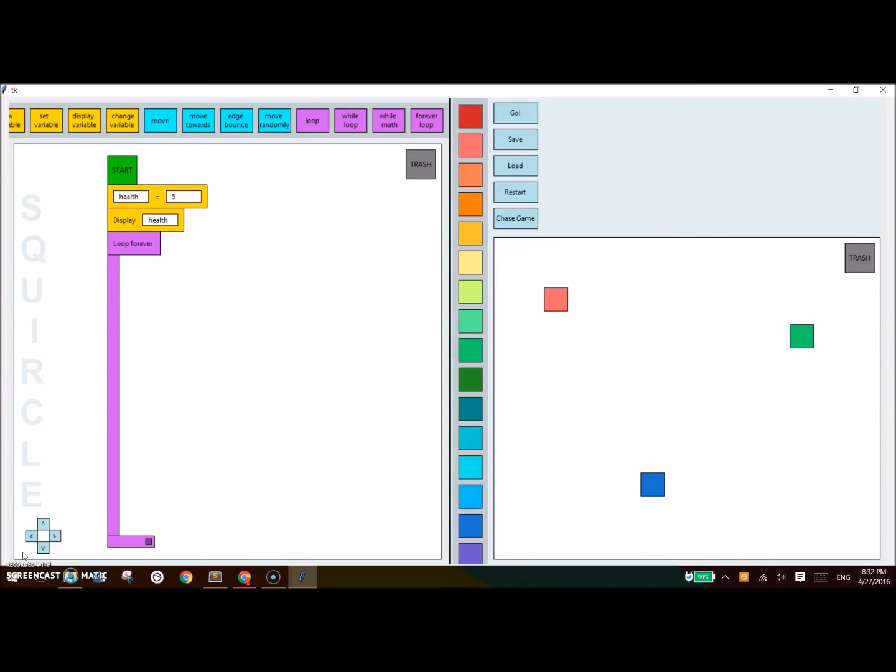So now that we have a basic structure set up, we're going to add some more figures and go into creating our chase game. So we have our enemy here in red, food in green, and hero in blue. At the beginning of the loop forever, we're going to use a move towards block to make the enemy chase the hero. So always, every time the loop forever loop runs, move the enemy